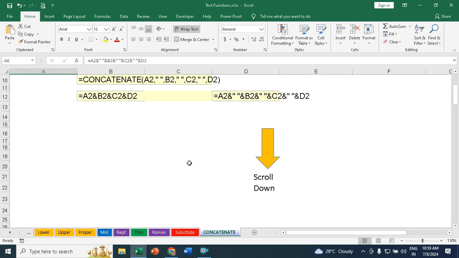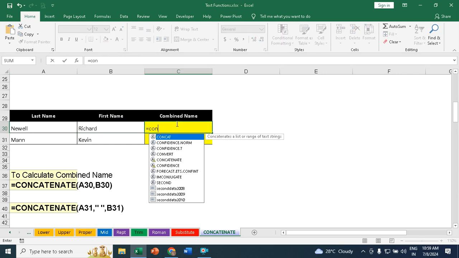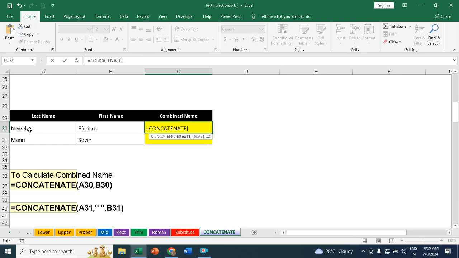Okay, next one, I've given you some data here where I've given you some last name and first name. So basically again I would like to combine it. So if I use this concatenate function, bracket open, click on your text, comma, that is A30, that is last name, comma, and the first name, close the bracket. This will give you without space actually, but if you want it with space, then again you can